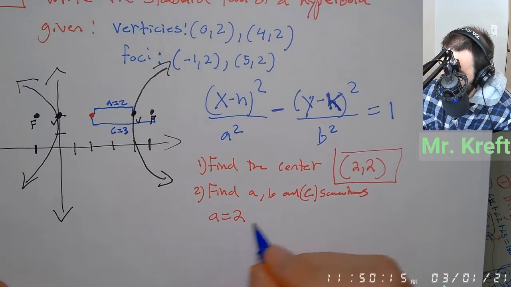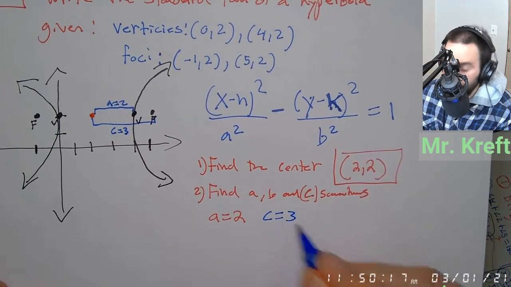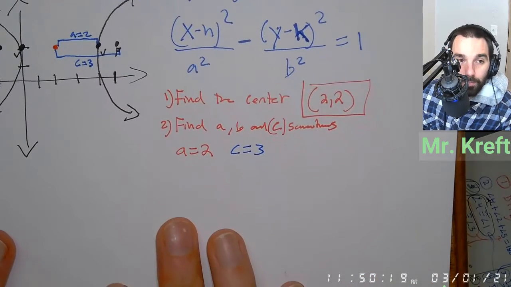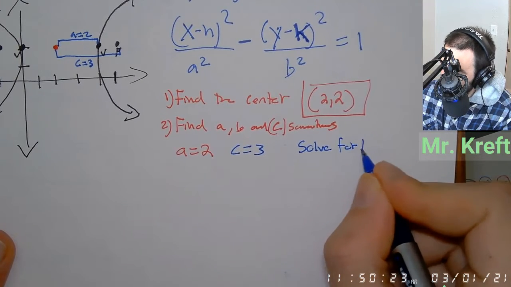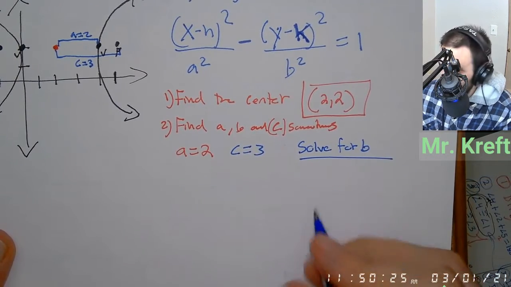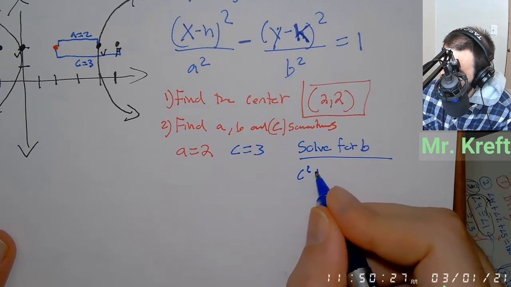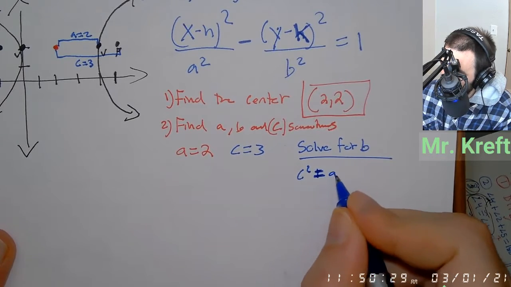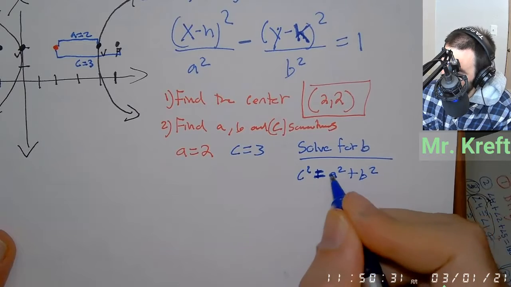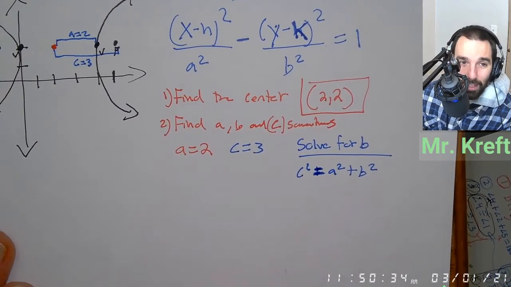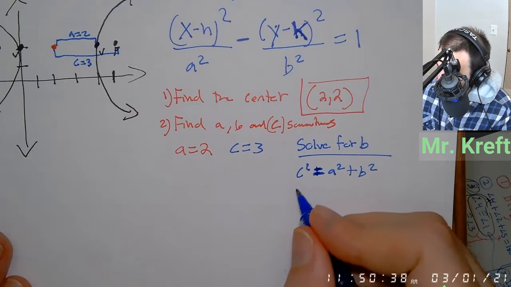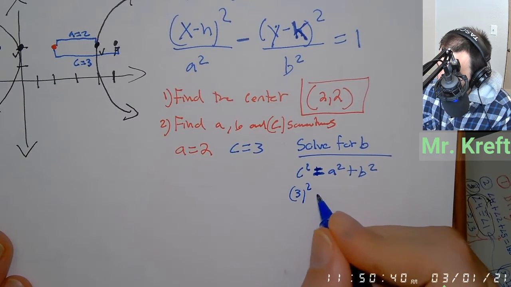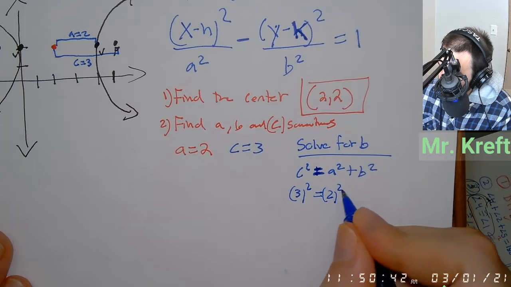Now I'm going to solve for b, because I know c squared equals a squared plus b squared. I'm glad I got that down; I didn't put it in my notes. Bad, Mr. Kraft. So what do we have here? 3 squared equals 2 squared